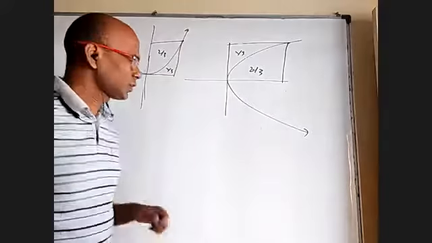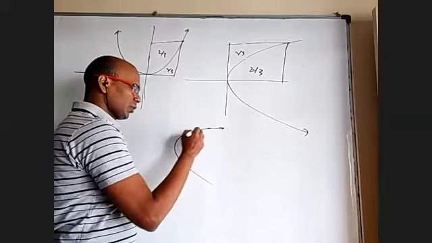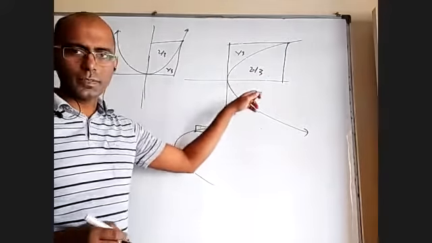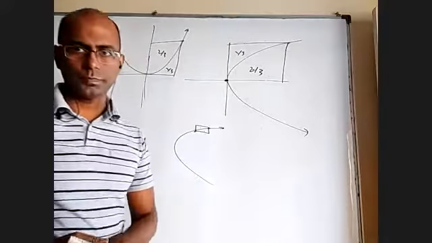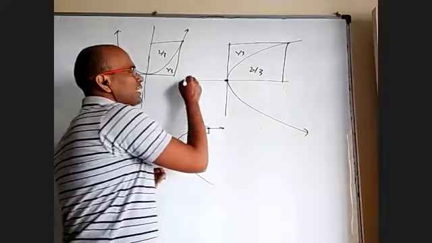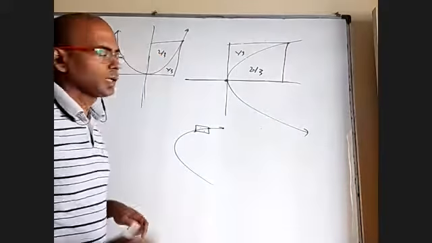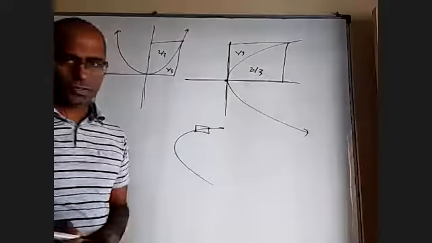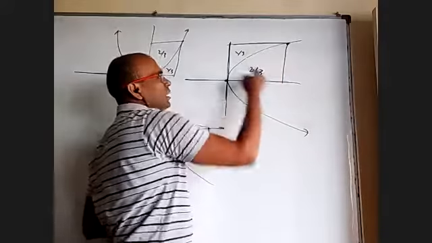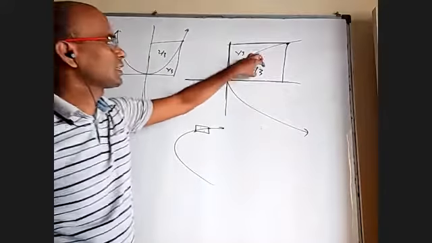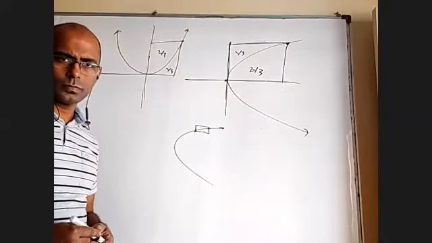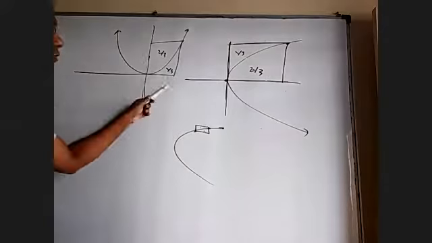But it is not that you take a parabola, take some 2 points here, draw a rectangle and say this is 2/3, this is 1/3. No. For your rectangle, one corner must be the vertex. One side must be the axis of the parabola, and another side must be the tangent at the vertex. You can take this point anywhere, and this should be parallel to the axis, this should be parallel to the tangent at vertex. At that time, this area is 2/3 and this area is 1/3. Is everybody clear? Yes, sir. And this is reverse.